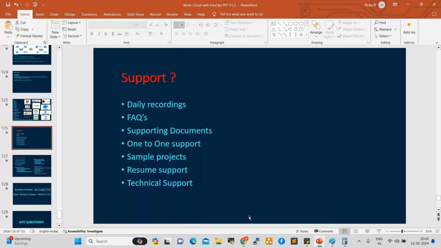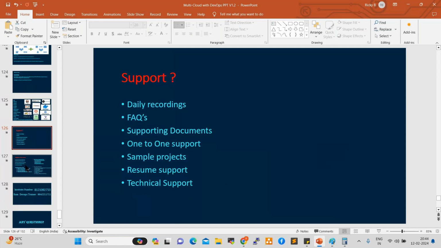Already nearly 34 members are in the batch. The guys who joined today can also be added into the group if you register. Whoever practiced before will respond, or else I will. Sample projects and resume support will also be provided. I prepare your resume and give technical support for any issues you face.